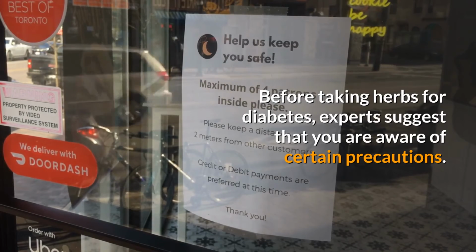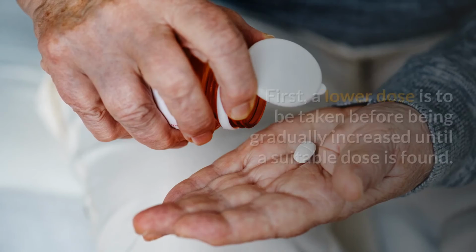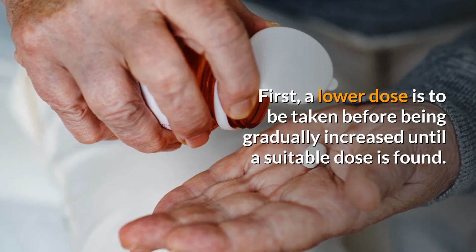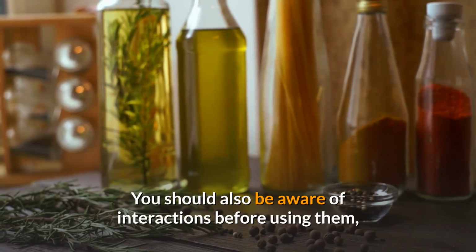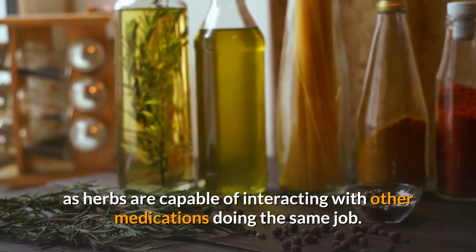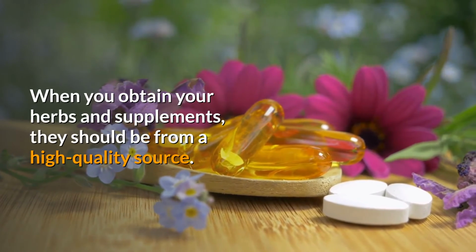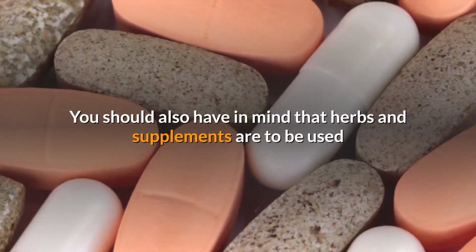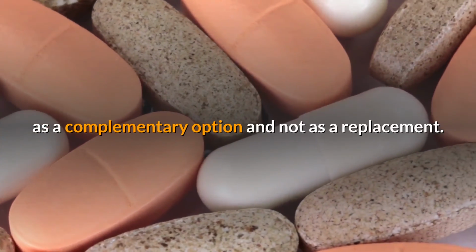Before taking herbs for diabetes, experts suggest that you are aware of certain precautions. First, a lower dose is to be taken before being gradually increased until a suitable dose is found. You should also be aware of interactions before using them, as herbs are capable of interacting with other medications doing the same job. When you obtain your herbs and supplements, they should be from a high-quality source. You should also have in mind that herbs and supplements are to be used as a complementary option and not